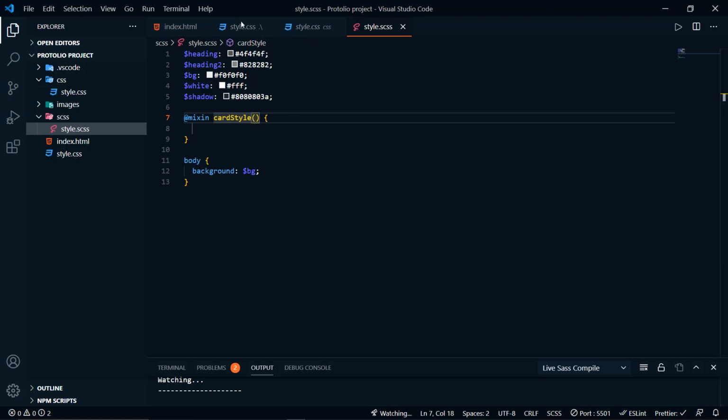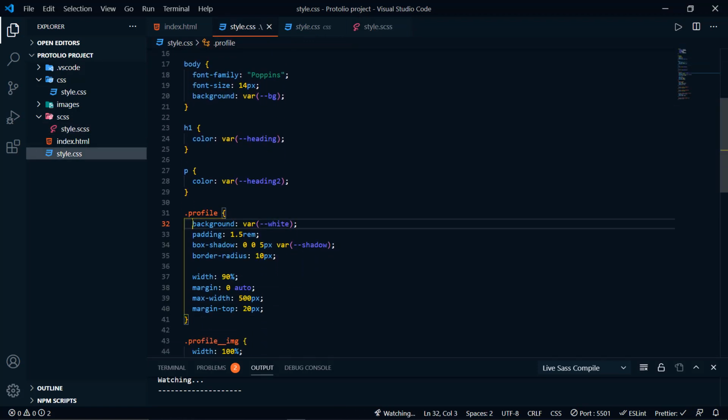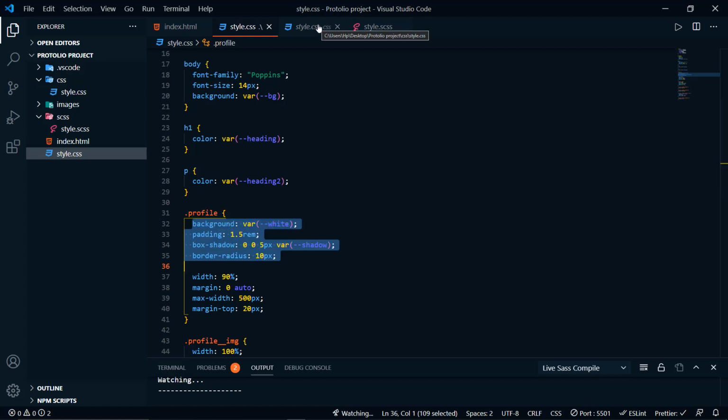Currently in our style, looking at this profile, we have all of these, and these are the things that each section shares, right? So the background color remains the same, the padding remains the same, the box shadow remains the same, the border radius remains the same. So I copy all that, then